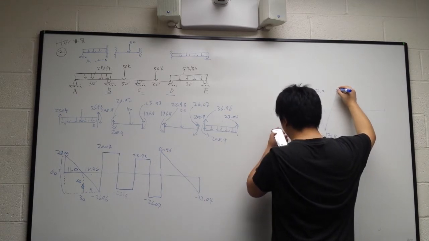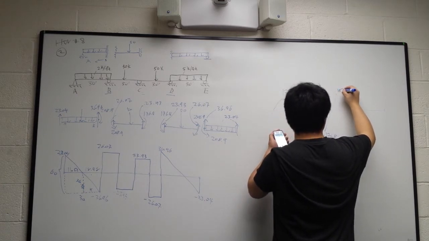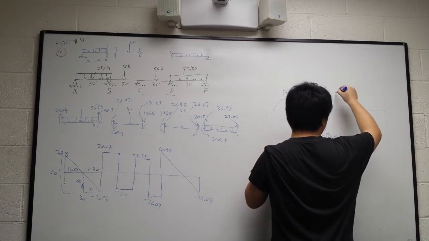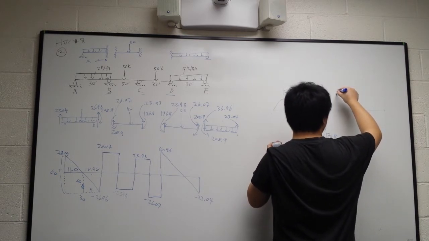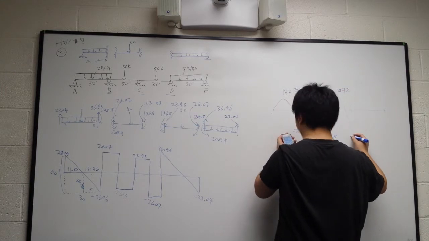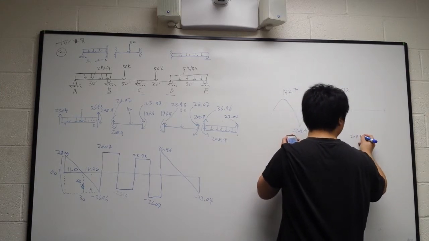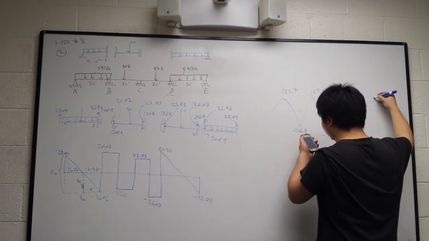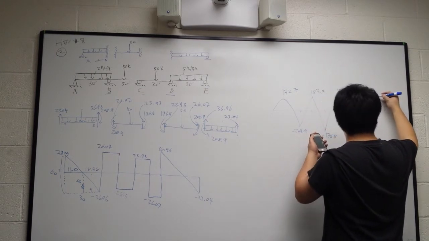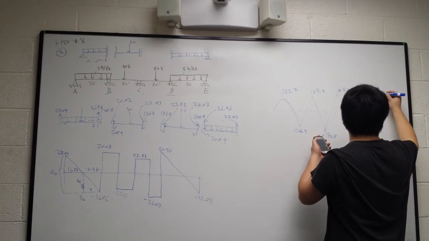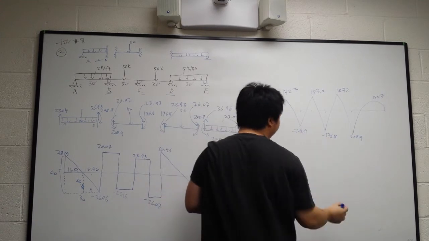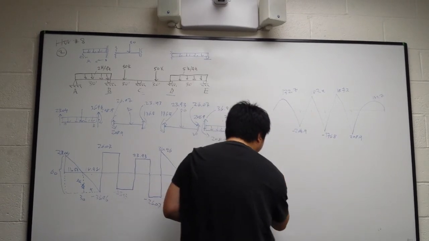So you're going to have 187.2, and then you bring it back down to 208.9, and then you have parabolic, and this one is 132.7. See, this is your shear, your moment diagram, and for your deflection,